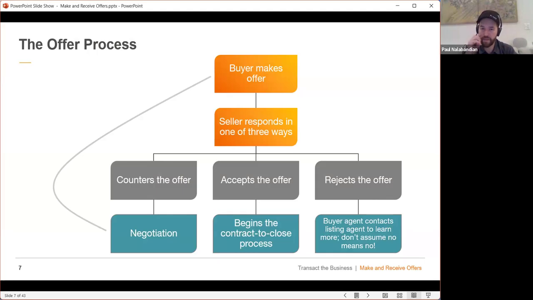I just want to add here, they have in the comments, if you do get a rejection, and this goes back to communication, it's always important to reach out to the listing agent. If there's not sufficient detail in whatever form of communication the rejection was transmitted in, reach out to the listing agent, try to get more information, try to understand what's happening there. And don't assume that no means no. It might just be a negotiating tactic. You might want to come back with an additional offer, change some terms, or learn what is important to the